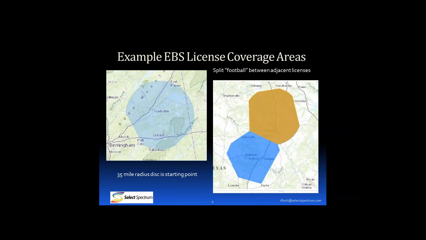If you look on the right of this screen, you can see where those two licenses that started out as circles overlapped. The two overlapping areas would have had more or less the shape of a football, and that just gets divided in half. So if you hear about people splitting the football, that was the arrangement that the industry and the FCC came up with. It did reduce the size of the licenses, but it also made them much more usable in a mobile environment, and it has encouraged the development of standards that have been very important in the band.